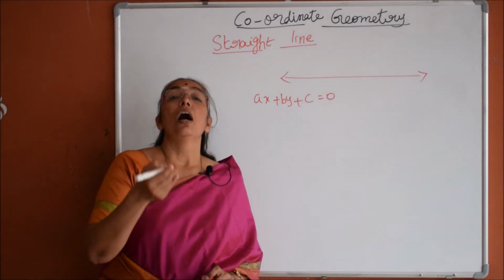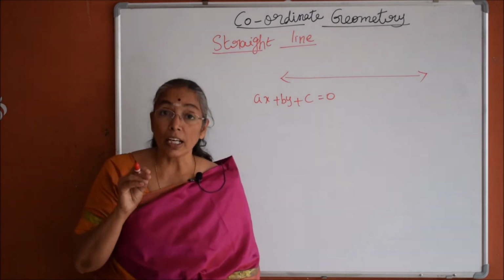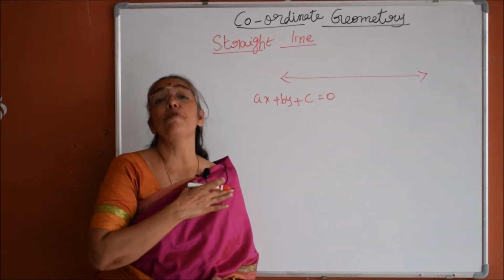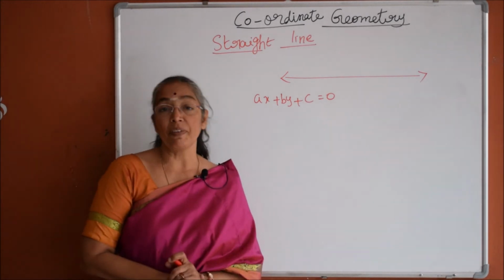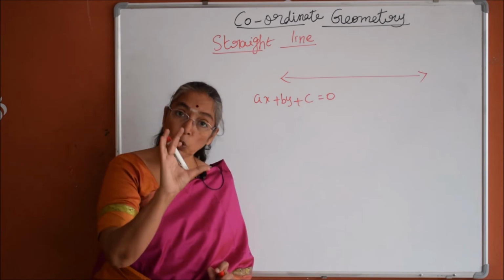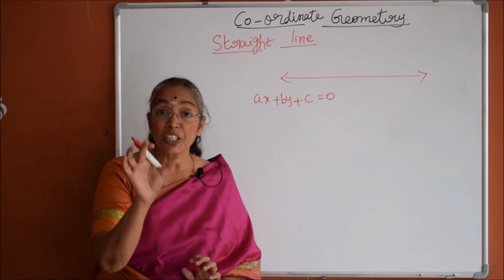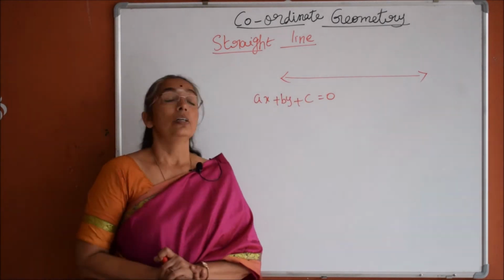Then how many points are there on this straight line, or how many solutions are there for this? There are infinite number of points which satisfy this straight line equation, we learnt, right? And to determine a straight line, only 2 points are enough, right? So that is also how we draw a straight line. Okay, now